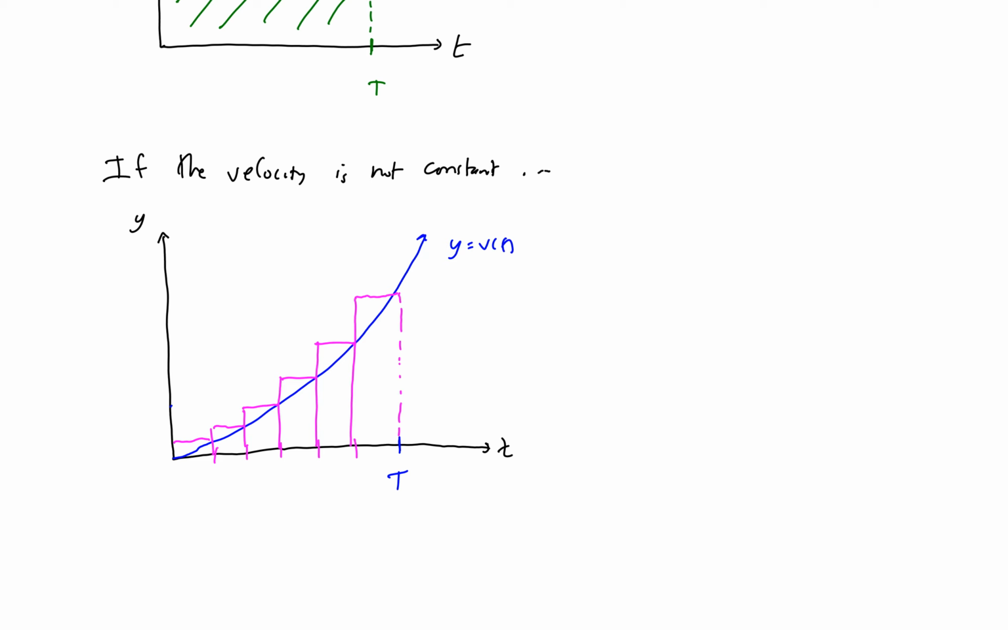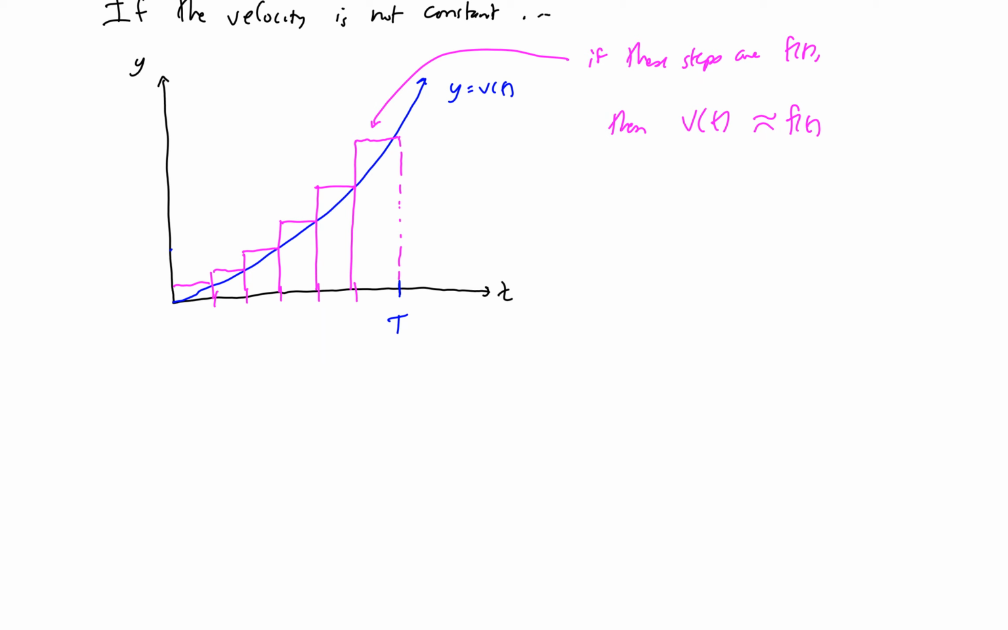So if we call the steps here, if these steps are, say, f of t, then v of t is approximately f of t. And we saw the more steps we use, the better the approximation. And for each of these steps, the distance traveled for the step functions, so the distance traveled is approximately the distance of step function velocities,